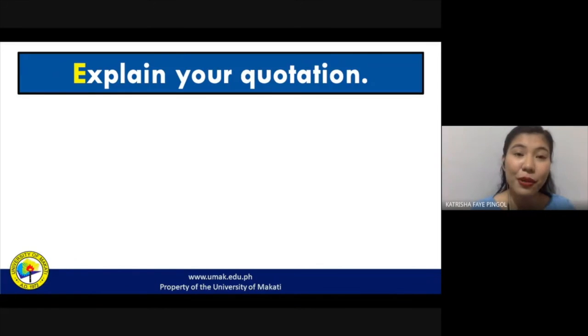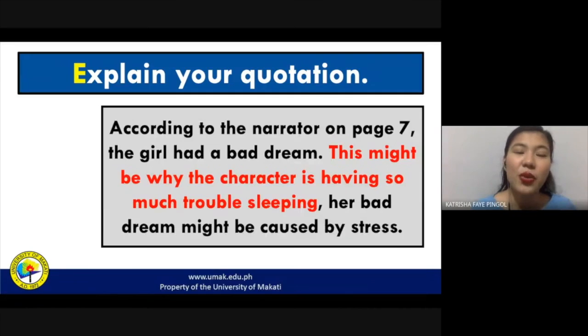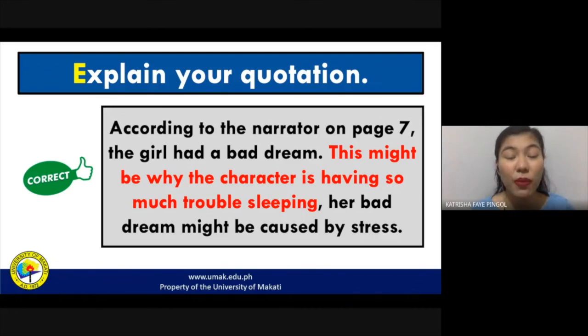The last one is, of course, explaining your quotation. So you are already done introducing your quotation. You are already done citing your source. Now, you have to explain why you even included this quotation or piece of text in your own work. According to the narrator on page 7, the girl had a bad dream. This might be why the character is having so much trouble sleeping. Her bad dream might be caused by stress. So you try to explain the reason why you even put that in the first place in your own